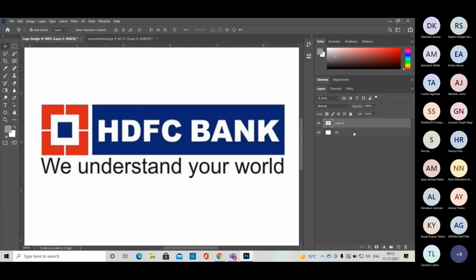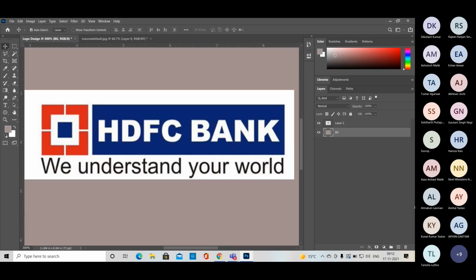If you want to change the background tones, guys, because the base is white, so we can change the color. Go to the BG layer, select the BG layer, and we have to change the color. So there is an option. I haven't set the foreground color. So with the help of Alt Backspace, we can do the color change, and we have another option when we press G. Inside it we have a paint bucket tool. The shortcut is G, right? With the paint bucket tool, we can do the same thing.